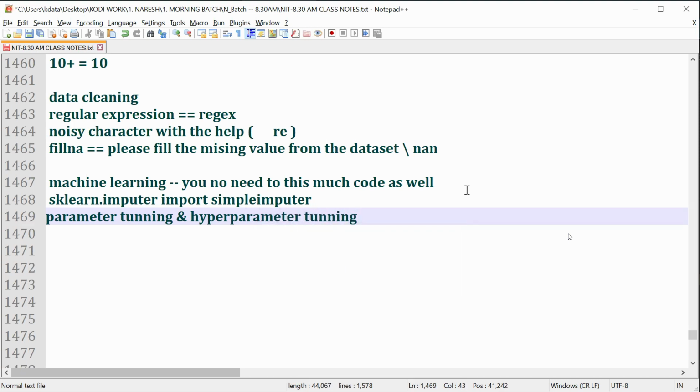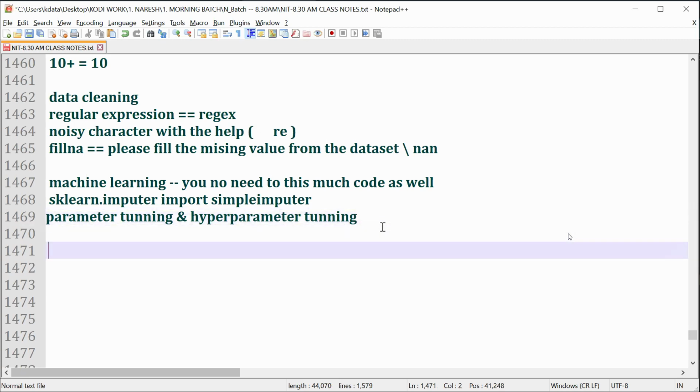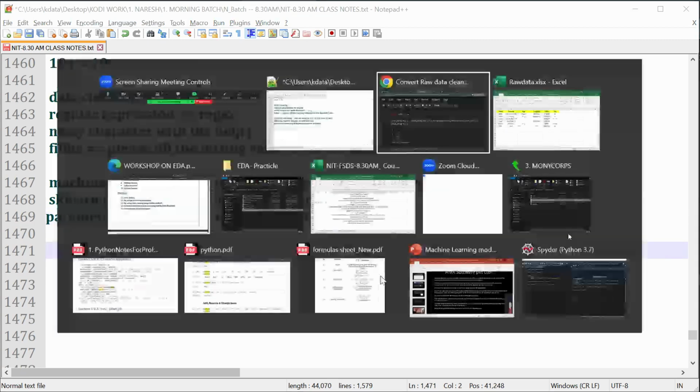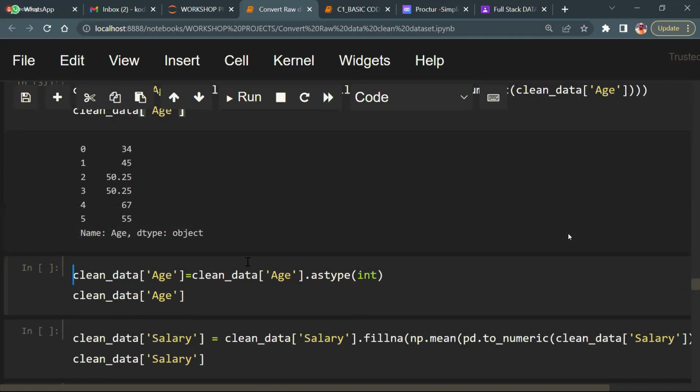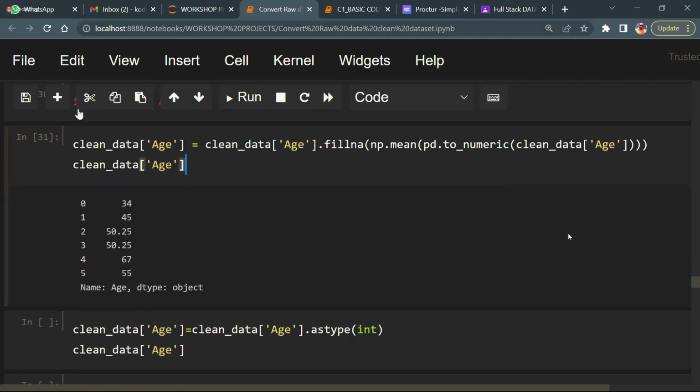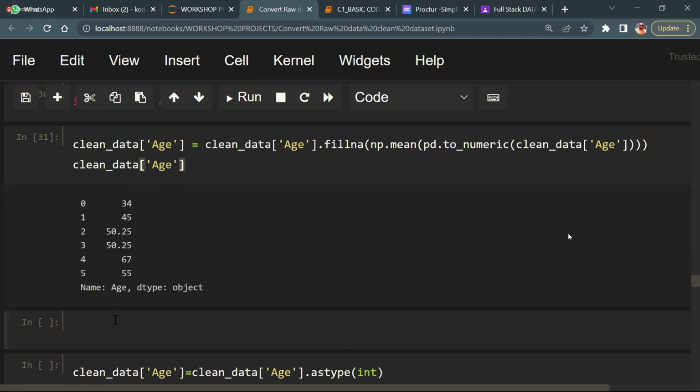Everybody's clear or not clear? So this we have done in Python, and in a later part I will tell you how to do this in scikit-learn. Now, what is the next one? Clean data. So now here, let me check this and I can say